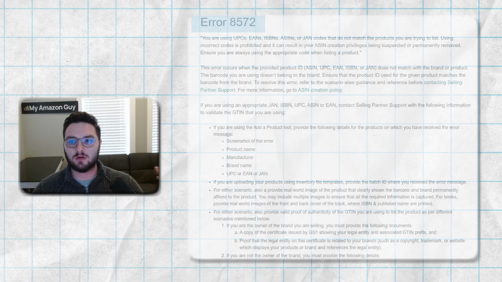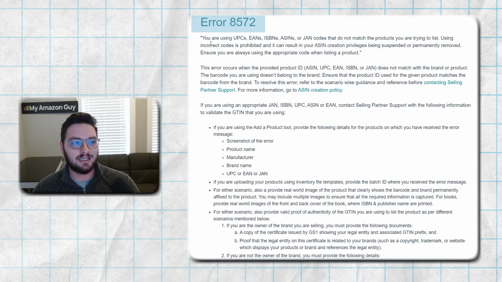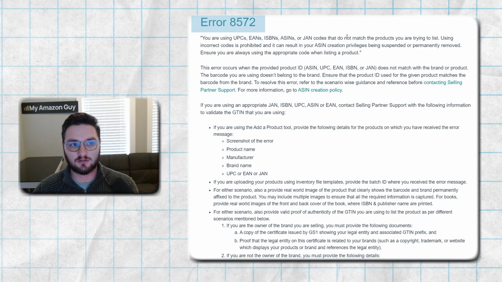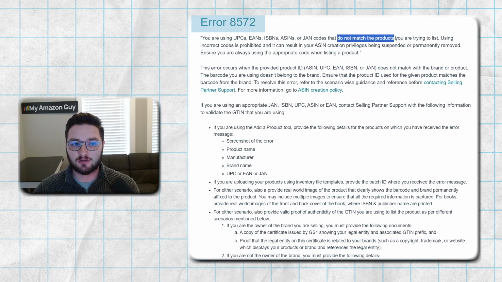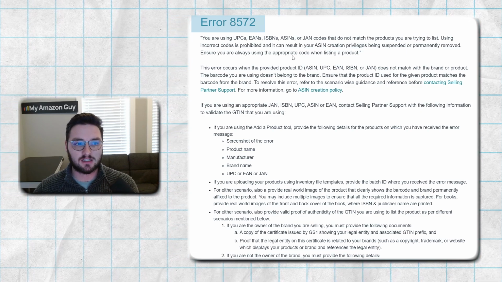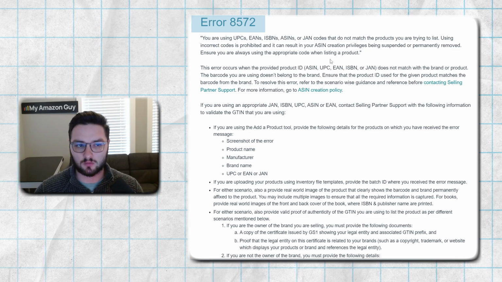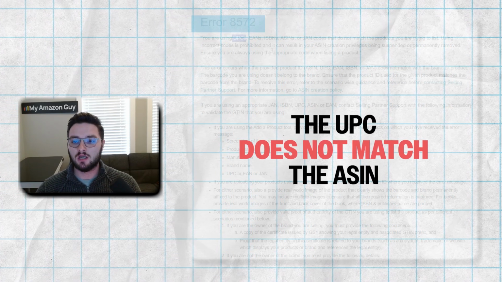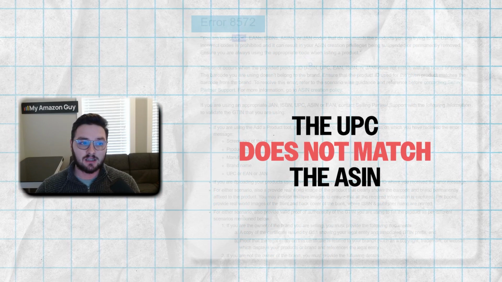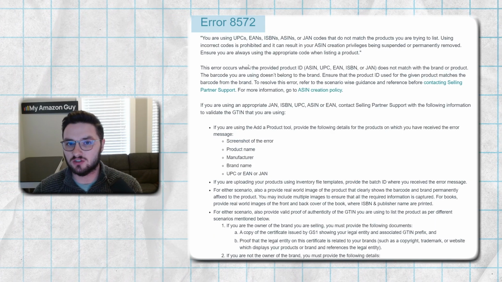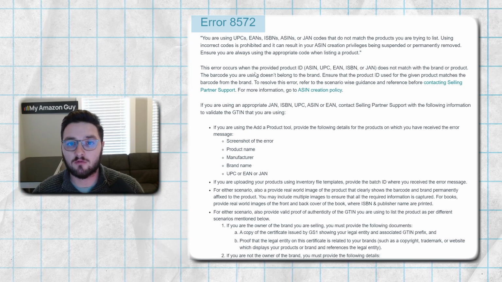So, first and foremost, let's talk about the error code. Error code 8572 on Amazon usually pops up when you are using UPCs, EANs, ISBNs, etc., codes that do not match the products you are trying to list. Using incorrect codes is prohibited, etc. So, what do they typically mean by this? Well, what they mean is that essentially the UPC that you're trying to use doesn't match the ASIN that is being provided. Typically speaking, this happens when someone else is using that exact same UPC for a different ASIN